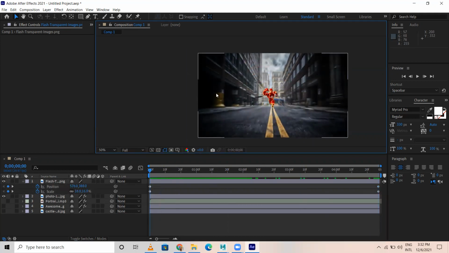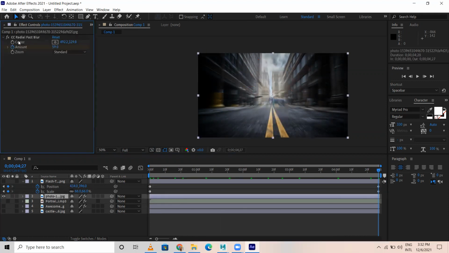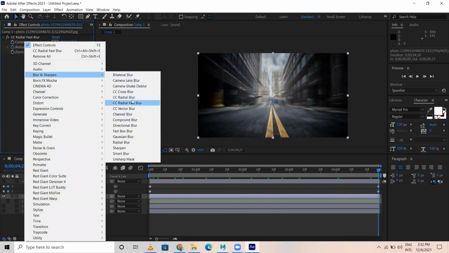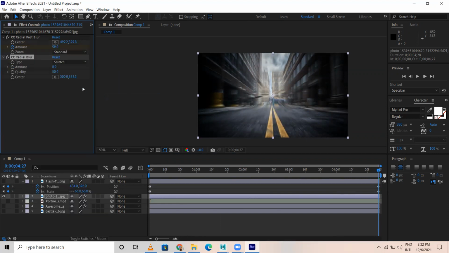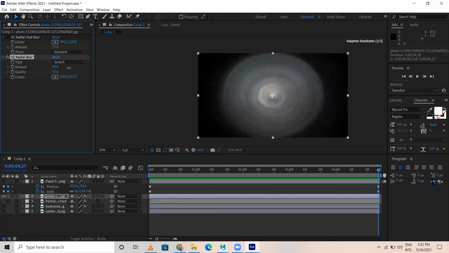What is the purpose of adding blur to the background? Okay. So now I don't want my background to be completely blur, but when the character comes faster, I want the background to be blur. That's the point here of providing radial blur. Then I go to blur and sharpen. You have radial. The previous one is a fast blur. This is the fast blur which I have given, and I give a radial blur. Fast blur I turn off. Let's see radial blur how it looks.